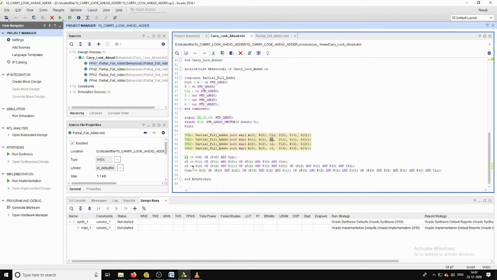We are parallelly generating the corresponding carry signals C1, C2, C3 and C out. See, these are the signals which are given as the primary inputs in addition to the A and B. And at that time we are generating its corresponding outputs, the sum as well as propagate and generate signals.